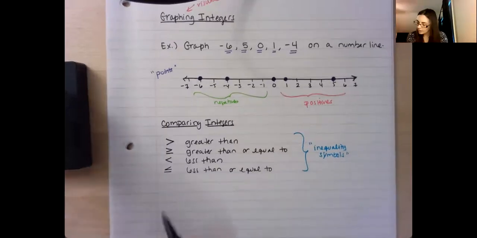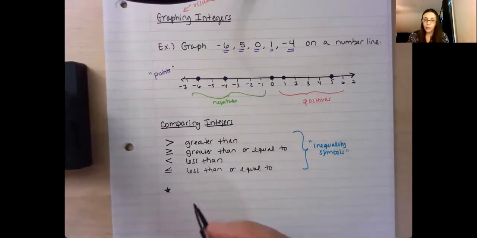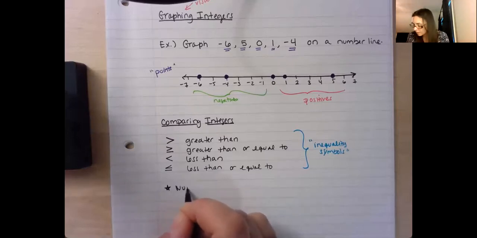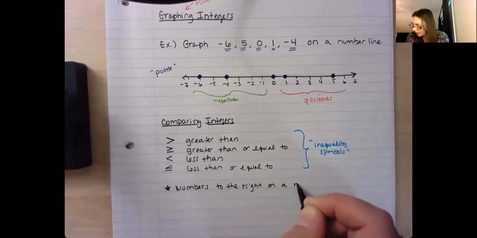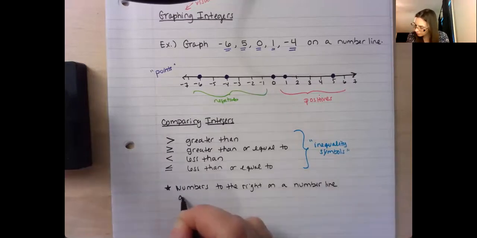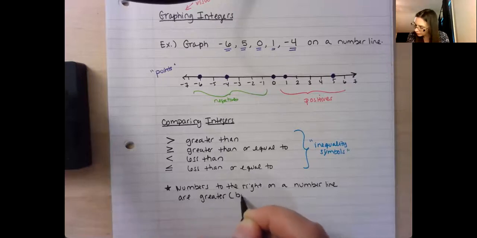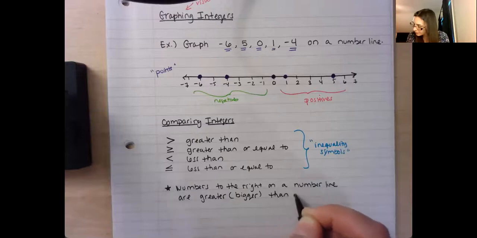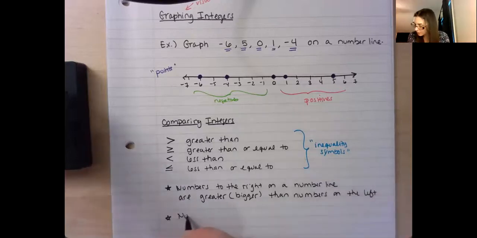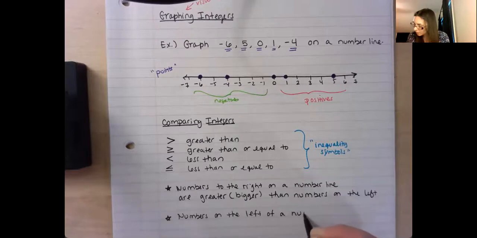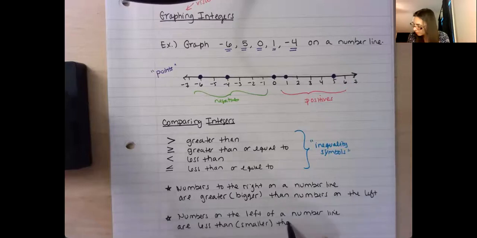Now, what you're going to notice is that when using a number line, numbers to the right on a number line are greater or bigger than numbers on the left, and numbers on the left of a number line are less than or smaller than a number